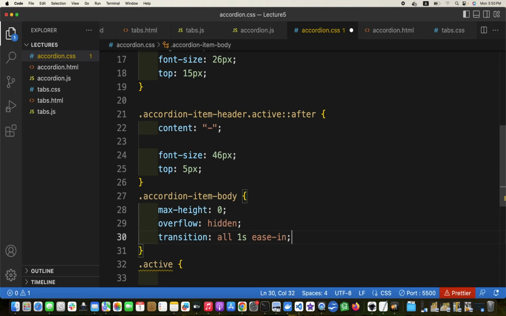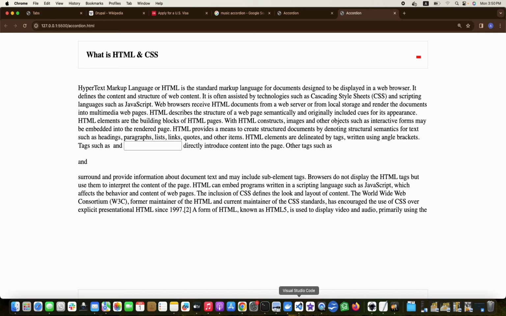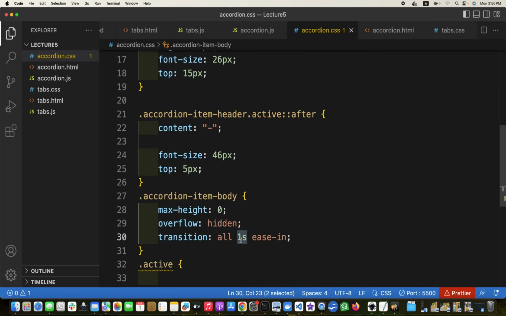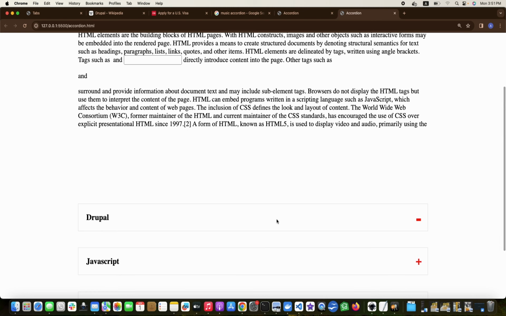Actually, it will work now, hopefully. So now let us reduce it to 0.2 seconds, and we can use the max height again. Probably if this is not working, then we will have to use the quotations, but it's working. Okay,